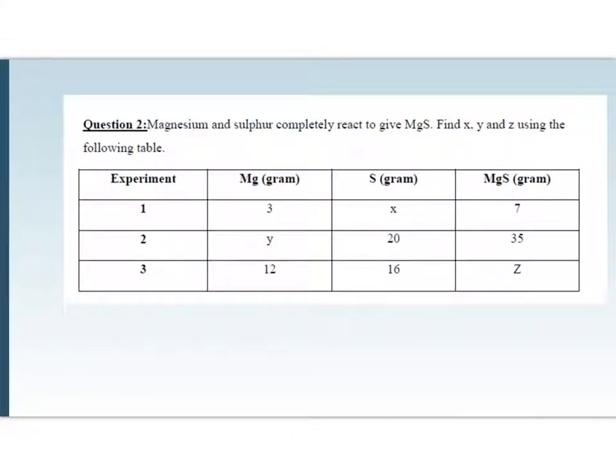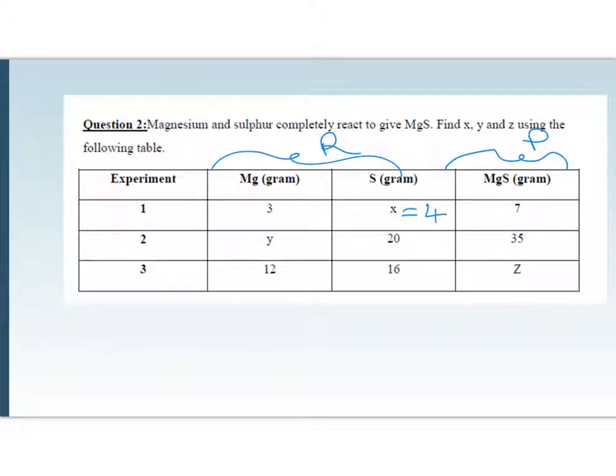Okay, another question. Now, you see there are some types of experiment occurring between the magnesium here and sulfur here. For example, the first experiment is you have 3 grams of magnesium. You react with a specific amount of sulfur here to produce 4 grams of product. So you can say that these are my reactants where magnesium sulfide is my product. So what is the missing number here? It's going to be 4